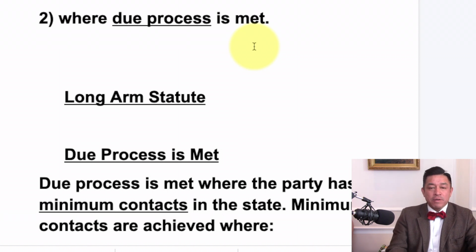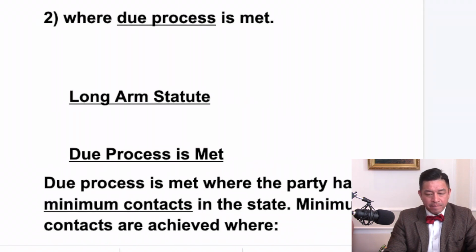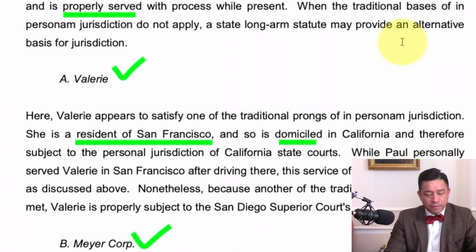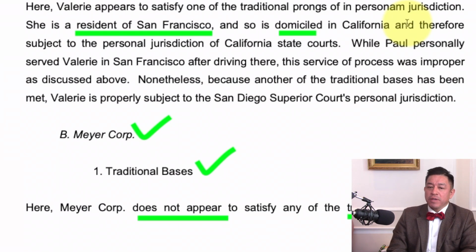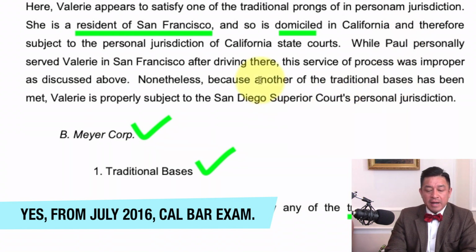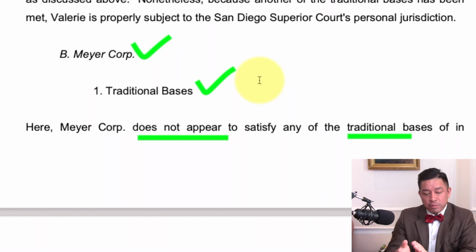exam that was administered by the California State Bar. And this is, let's see, here it is here. I think this is from July 2016. If it's not July 2016, I'll make a note here at the bottom. Okay. This is from the model answer, and I like their structure, and that's why I'm displaying